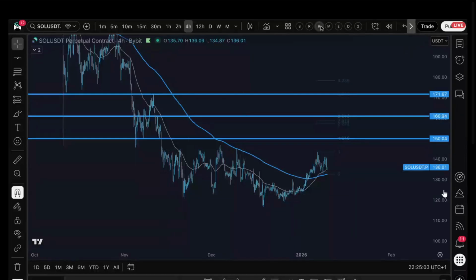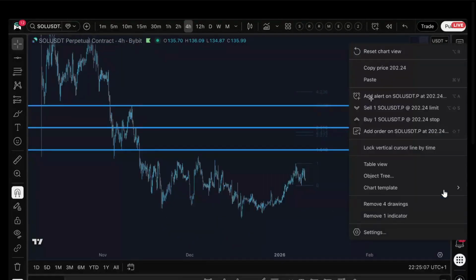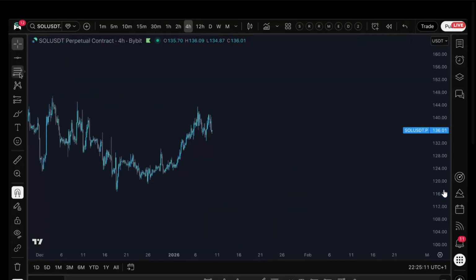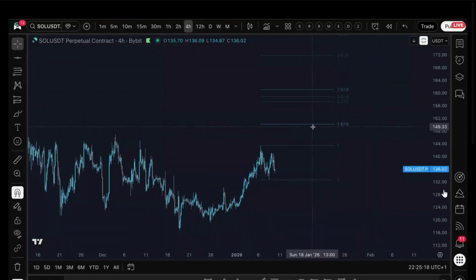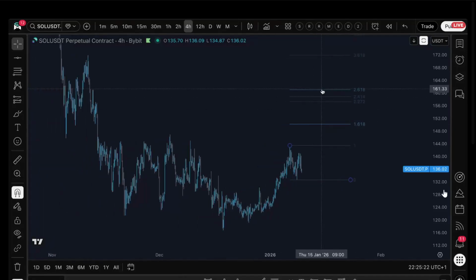Is it clear, Sasha, how to use the Fibonacci for targets? Easy, right? Very easy, brother. Simple. From the high to the low, then target this 1.618 and then 2.618. And you find this tool here